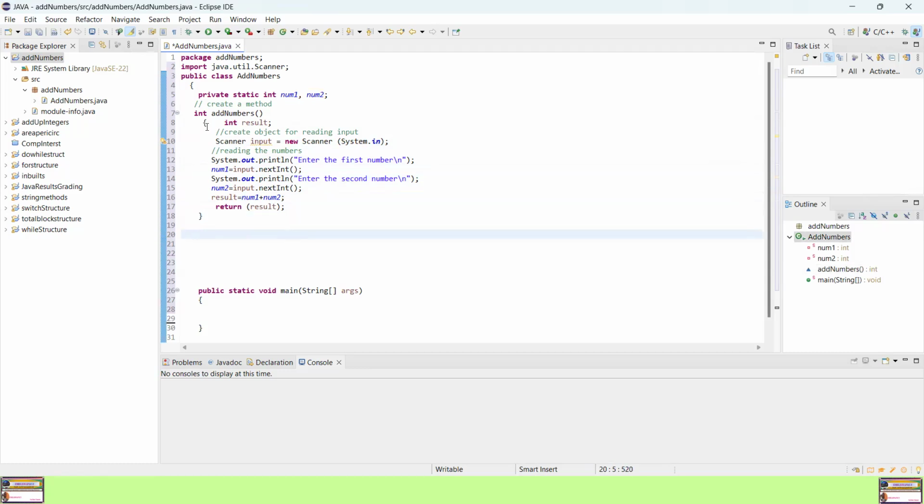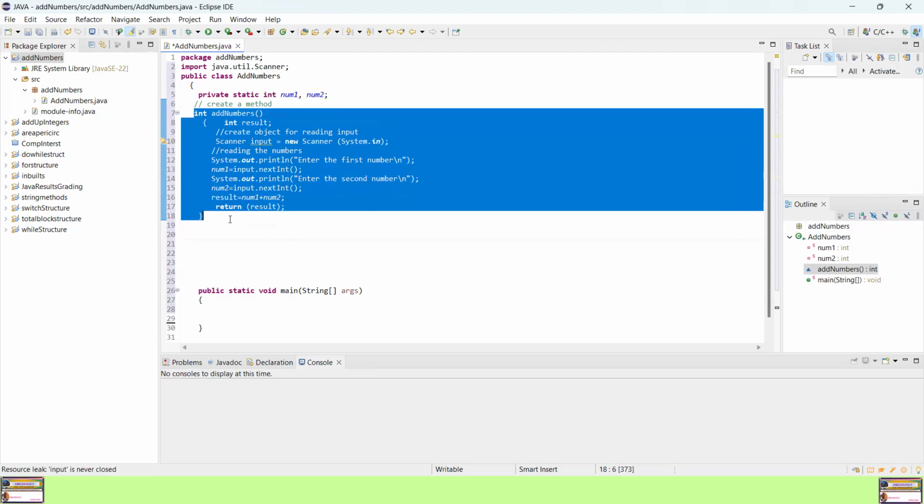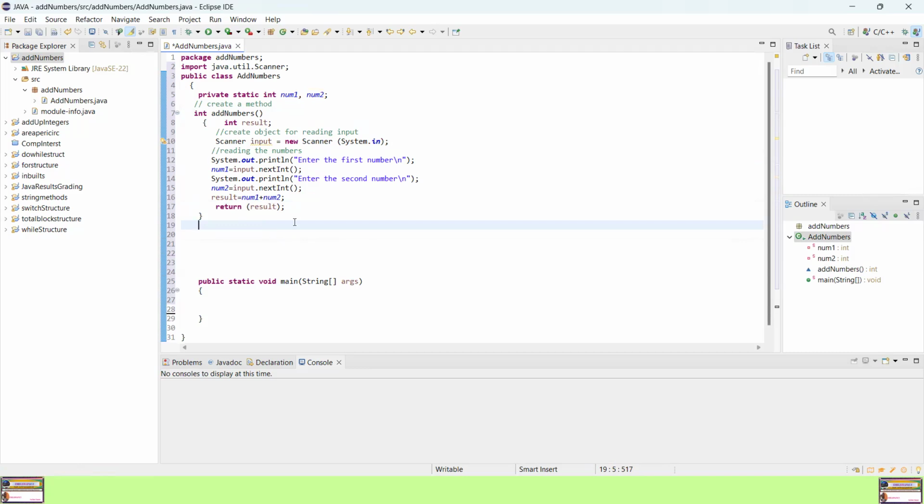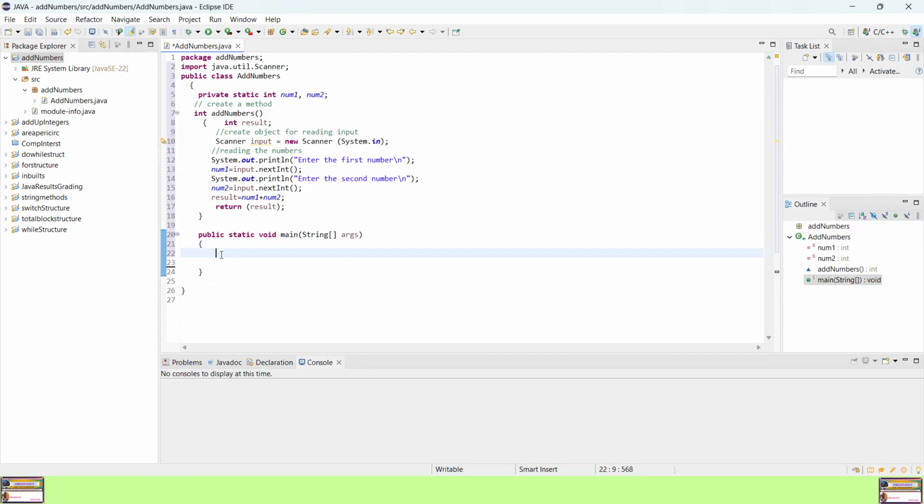So this is our method. And it is returning a value back to the caller. So if you have other methods, you can define them here. But because I don't have other methods, my program is making use of only a single method, I can remove the space there. So the next thing we have to do is to go now to the main method and